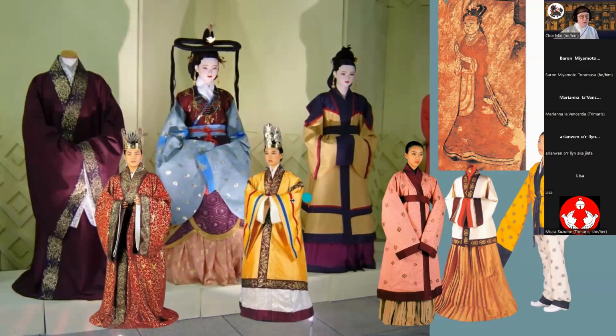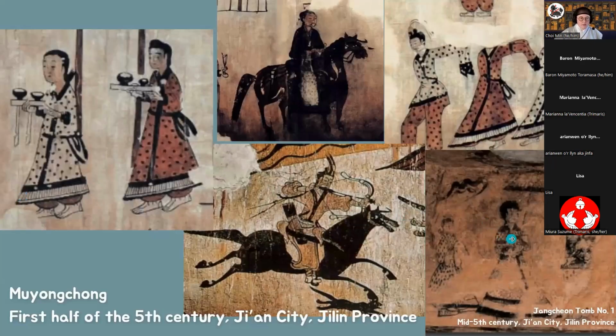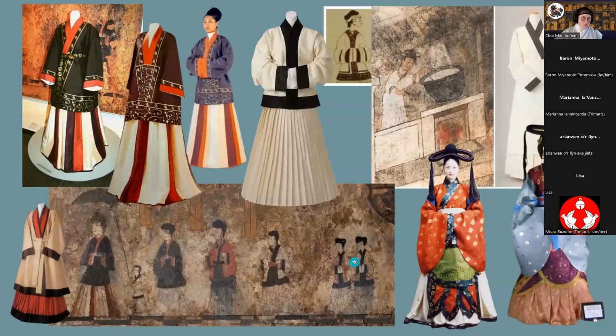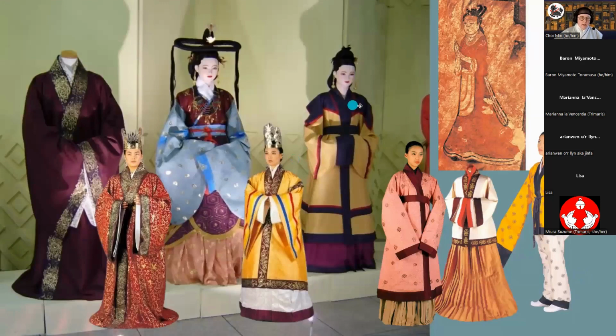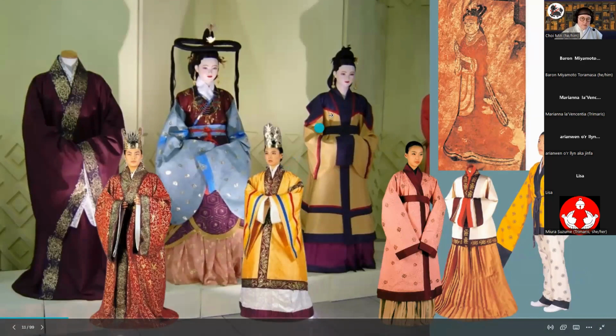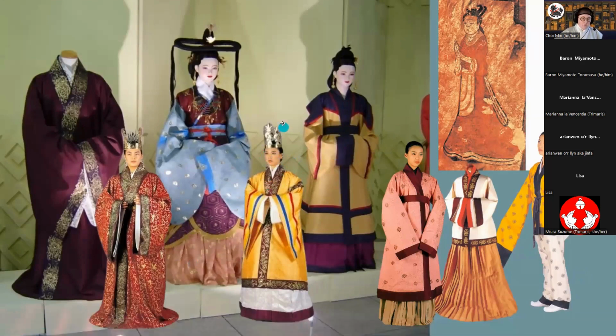Okay, so this here, you can see that on these previous ones, see how this lady here had some shoulder coloring? I don't think you can really see it in this picture, but definitely this tomb, and I think there's a couple others. The madam of the tomb has coloration right here on the shoulder, and then I think a little bit of an upper arm stripe. So that's what we're seeing here in this interpretation. And then here's another interpretation of that same one. And then in these two, they gave them crowns because this is kind of an assumption of what they think the royalty would have worn.